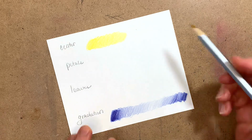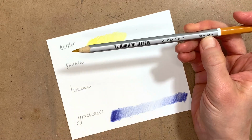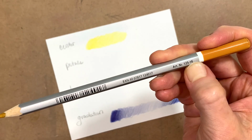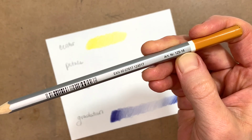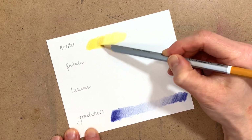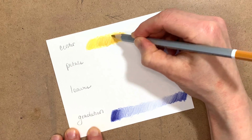And by that, I mean, I'm taking my kind of golden yellow color. I don't have names on these pencils here. And so all of these Staedtler pencils, the number starts with 125 and then dash, and then there's another number. And so when I say a number, I'm just going to be using this last number at the end, which is 16. So I'm using number 16, which is kind of a gold color, and I'm going to use light pressure. And then I'm going to increase my pressure as I work my way down this strip of yellow. And I'm going to move my hand closer to the tip of the pencil